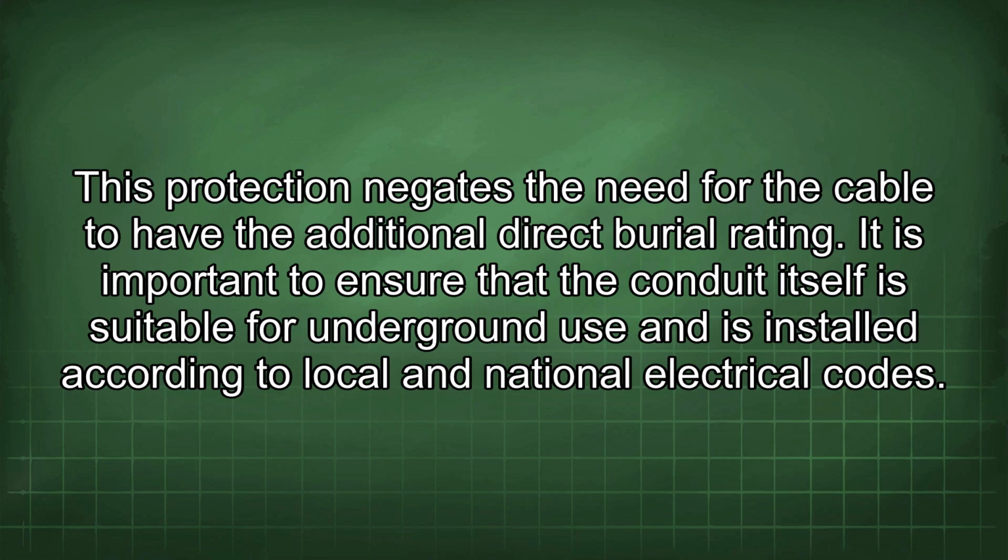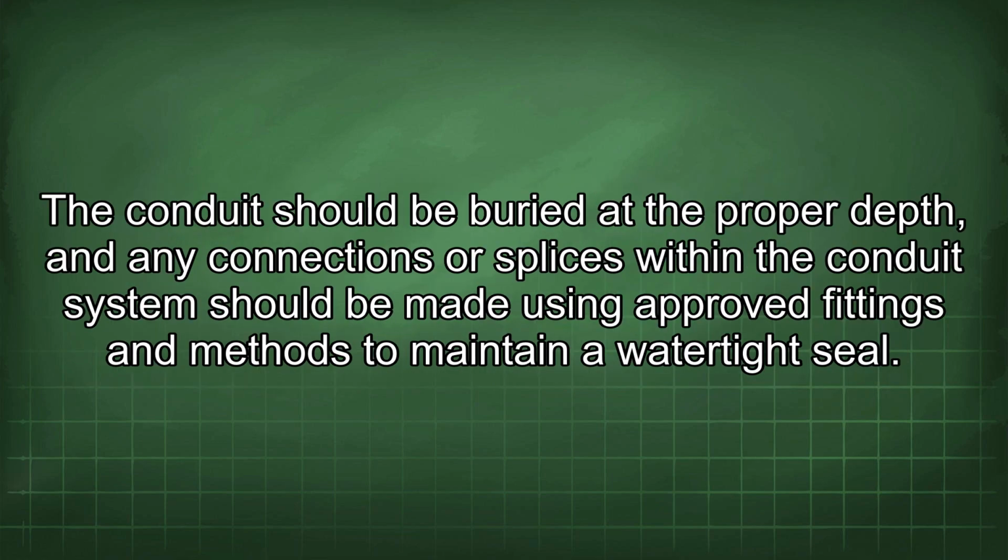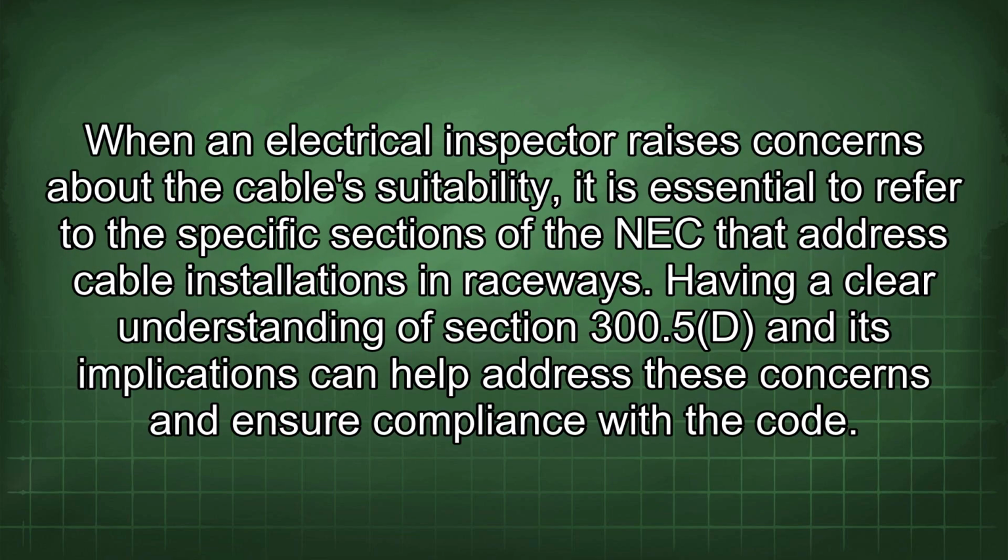It is important to ensure that the conduit itself is suitable for underground use and is installed according to local and national electrical codes. The conduit should be buried at the proper depth, and any connections or splices within the conduit system should be made using approved fittings and methods to maintain a watertight seal. When an electrical inspector raises concerns about the cable's suitability, it is essential to refer to the specific sections of the NEC that address cable installations in raceways. Having a clear understanding of Section 300.5(D) and its implications can help address these concerns and ensure compliance with the